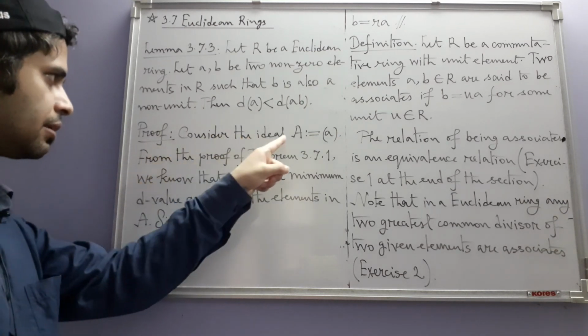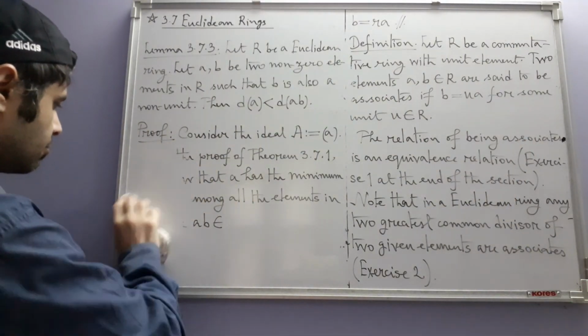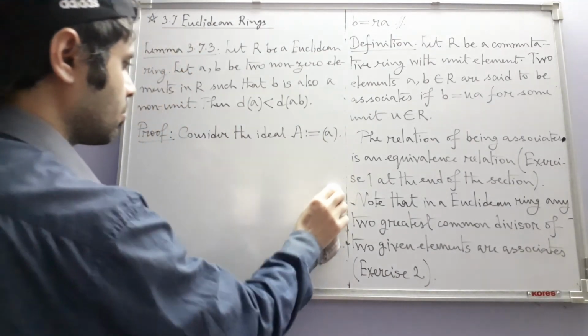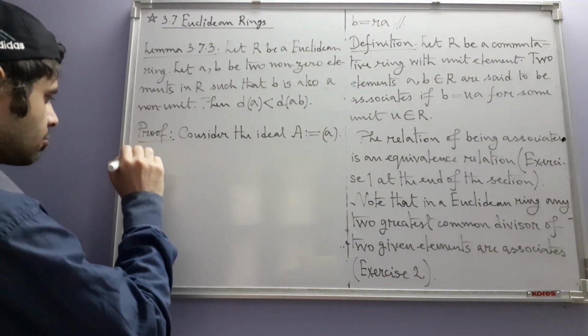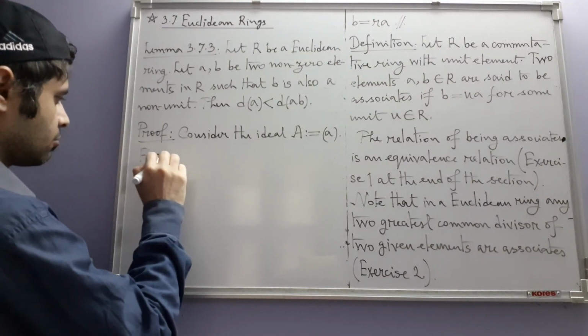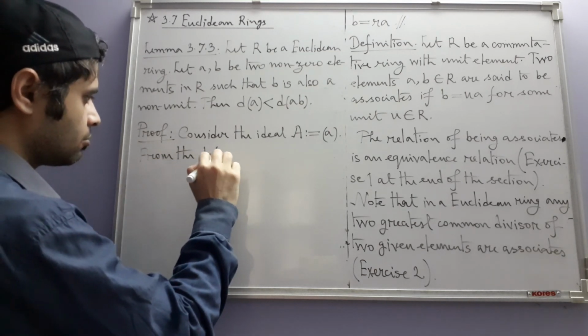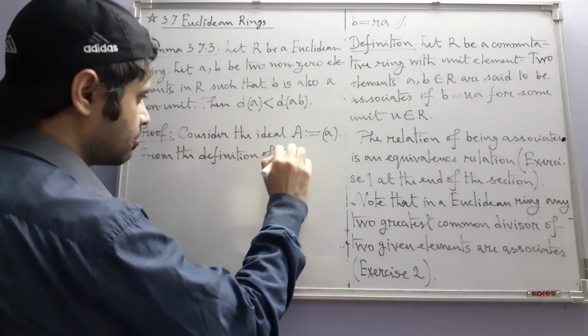Okay, so after considering this ideal, the proof won't go like this. From the definition of a Euclidean ring